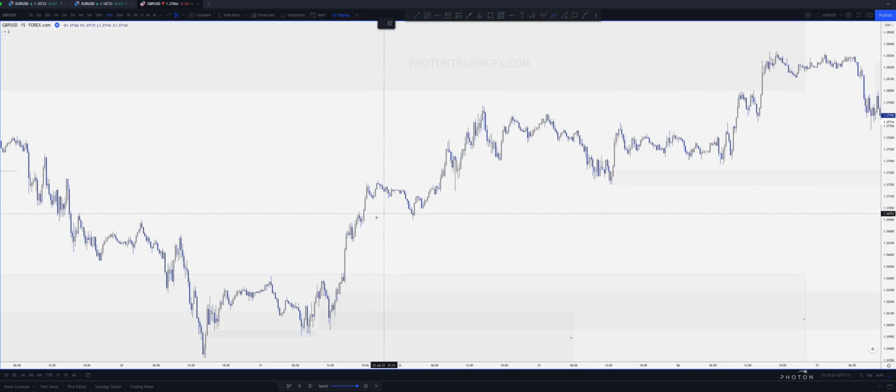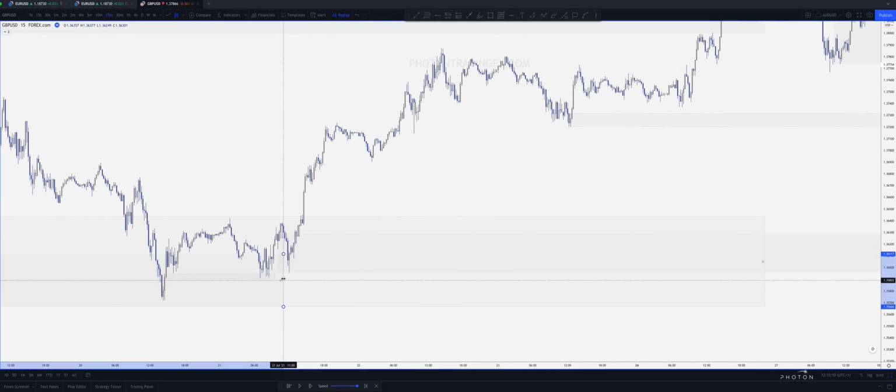This one didn't really take liquidity. It's just a mitigation because we have demand here, but it didn't sweep any liquidity. This is just inducement way above. I want to see it nearer down. We just come down, mitigated it and carried on. So that's not really a high probability zone for me. Of course, you can mark these on, drag them across and see if you get a reaction. But you will honestly find the ones that take liquidity and do that are the ones that have the strongest